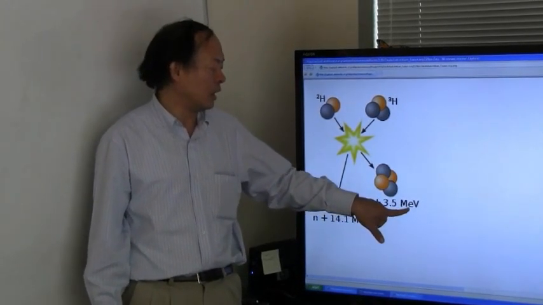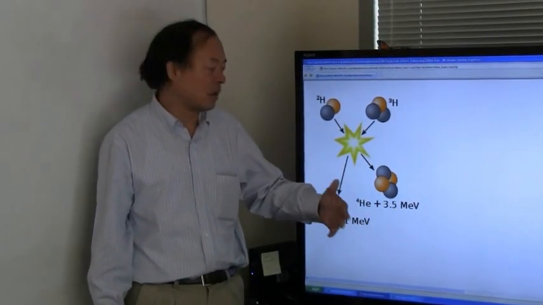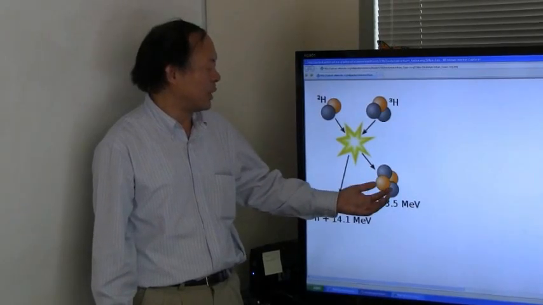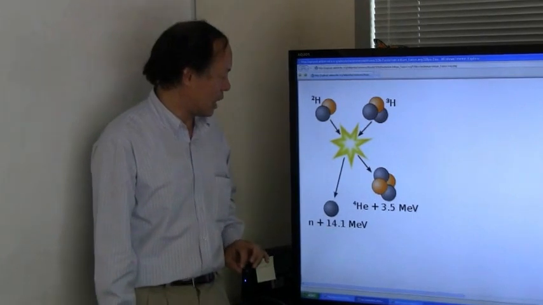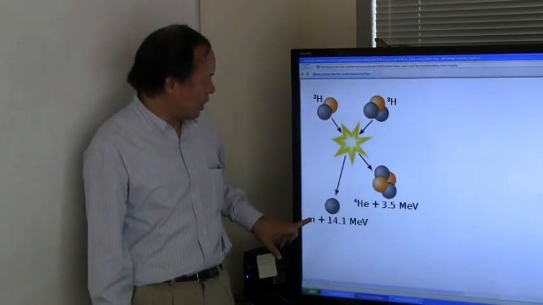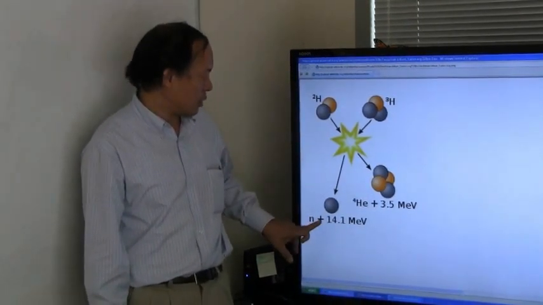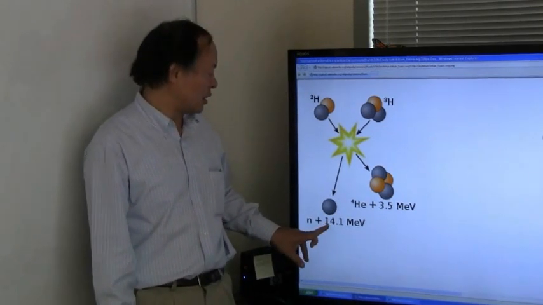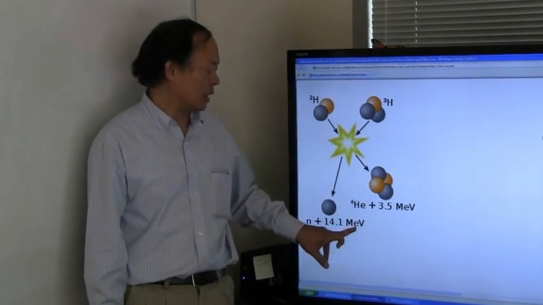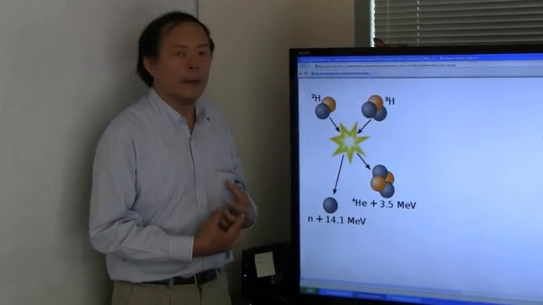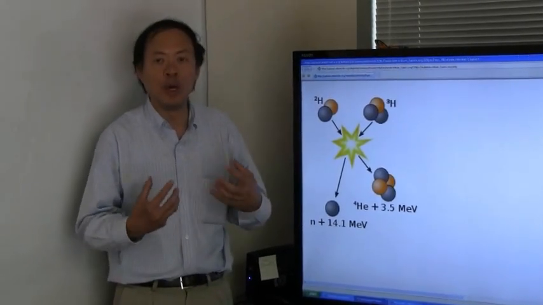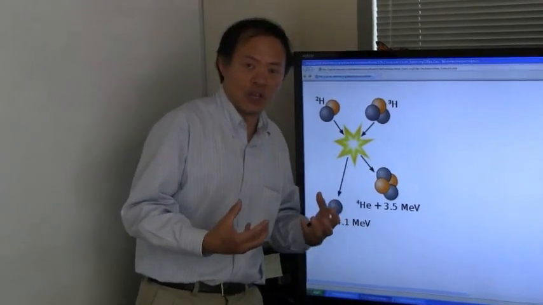So it's about 1 million electron volts, which is a relatively large amount of energy compared to the small mass of the helium atom. Also, it will emit a neutron with a large amount of energy, in this case 14.1 million electron volts. In order for that fusion process to happen, which has to do with nucleonic forces,